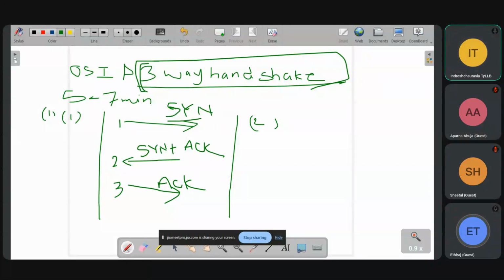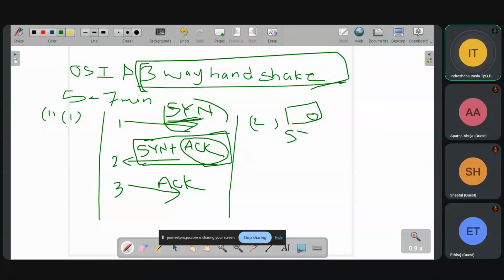They always say it is sending a SYN message, and what you get in return is the acknowledgement of your SYN message. So you just put SYN plus acknowledgement. Whatever message you are sending, it is like a bill. I'm just sending a plain bill, right? What the second person does is put a stamp on that bill. When I put the stamp, it is called SYN plus ACK. In simple terms, I'm just explaining. And in return, he will say, yes, I have received it. So this way, it is called the three-way handshake.